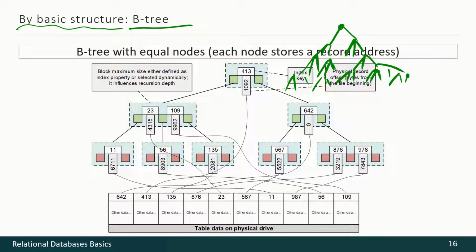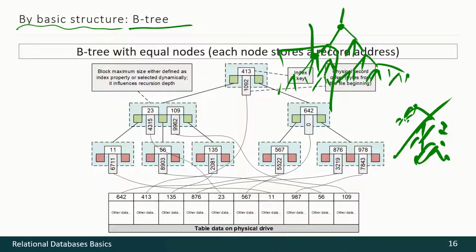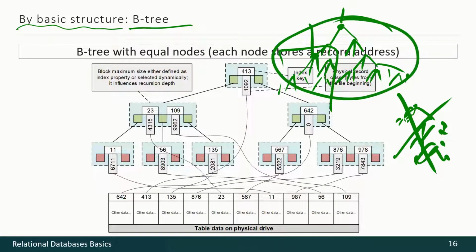Because if we put a string here, for instance, or we cut out this and put a string here, for instance, you may see that there is balance. There is no such situation when, for instance, we have a few of branches here and a lot of branches here. That's not balanced tree. This is. So, balanced tree may be the following types with equal nodes.